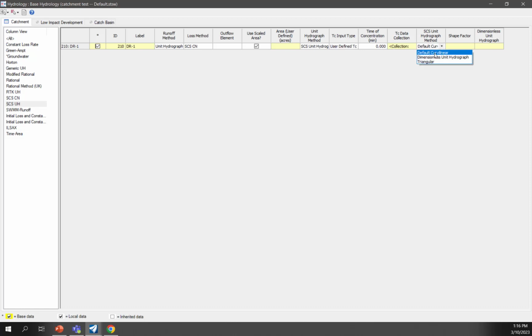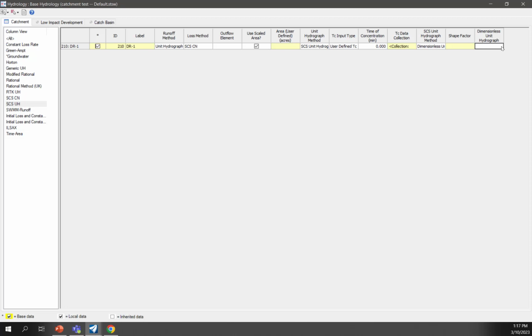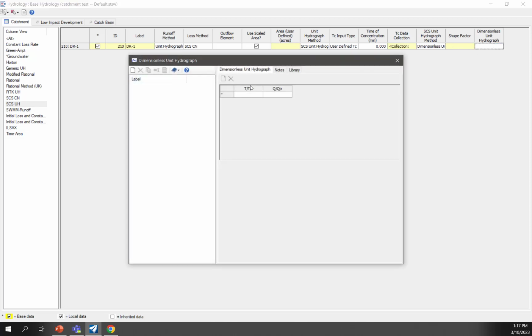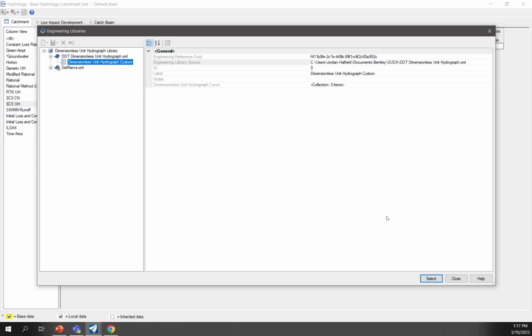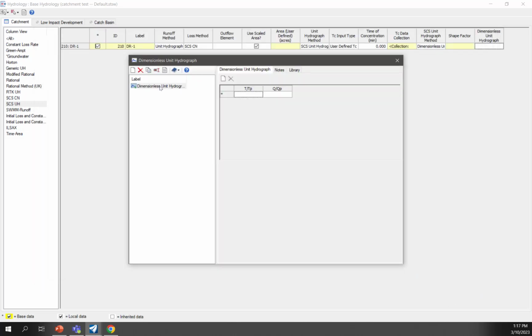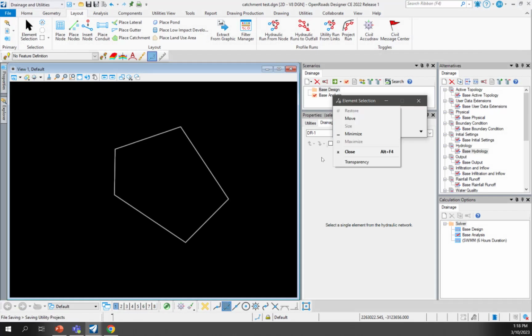And we can either do a default curvilinear, triangular, or if we choose dimensionless, then we'll be able to go into our library and then pick the dimensionless that we want. So here I would go in and import from library, pick that dimensionless unit hydrograph that I created earlier, and then that would load that in for me. You would do this for all of your catchments, and you would make sure that this new hydrology alternative is going to be loaded into a new scenario